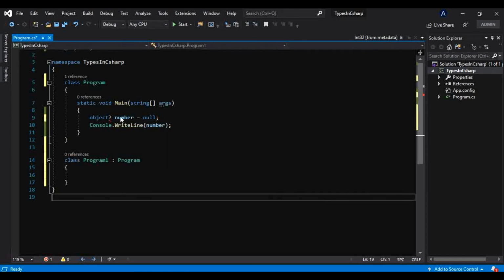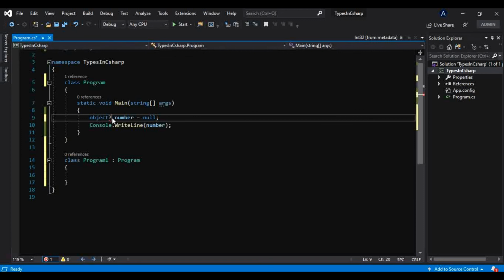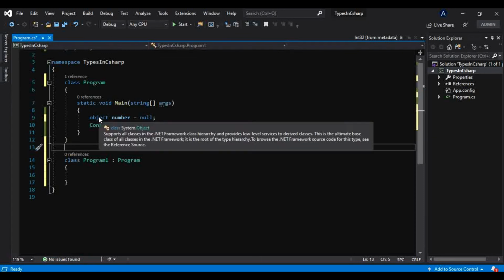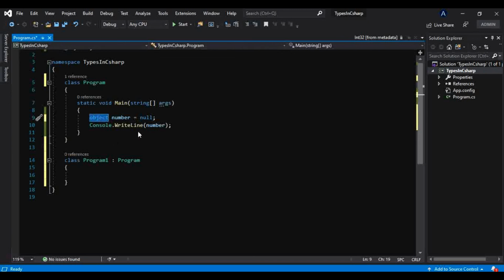But until now it is not possible to use the nullable type with a reference type, because a reference type can already contain a null value without having to use the nullable type. This object is a reference type, so we can directly store null to this reference type.